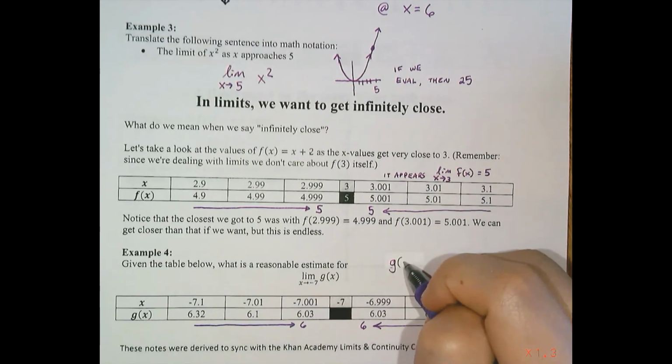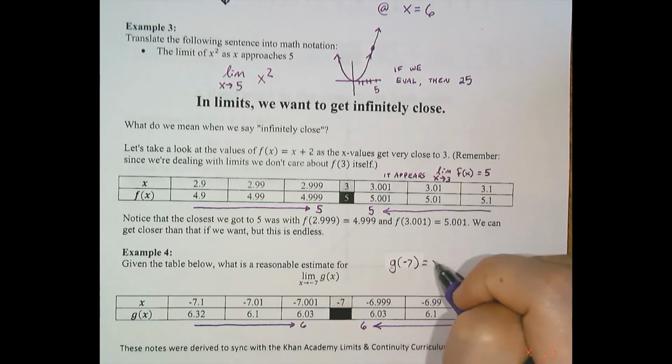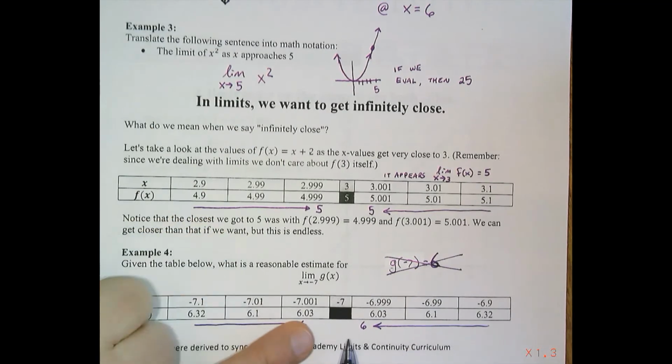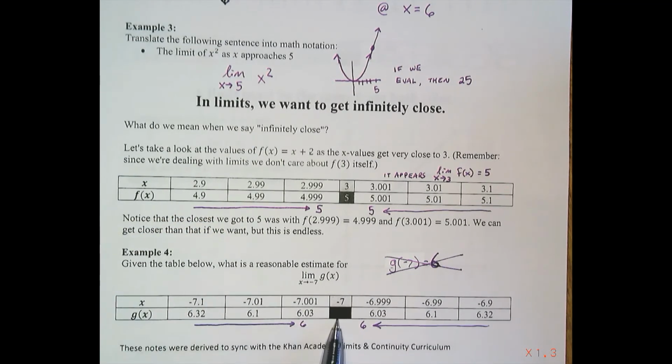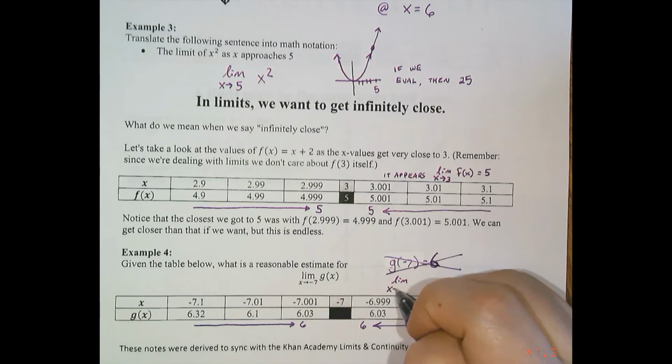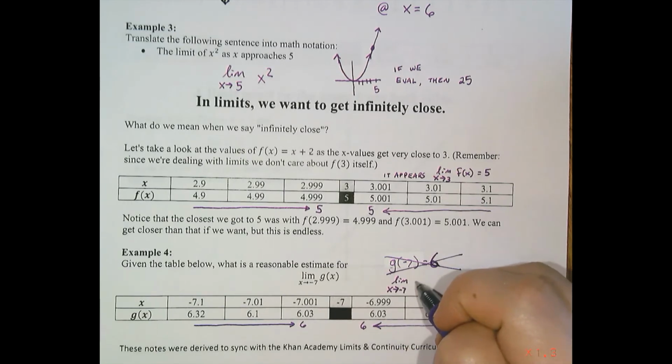G of -7 is equal to 6. We can't actually say that. It just appears that both sides are approaching the value of 6. The actual value is unknown. But what we can say is that the limit as we approach both sides of -7